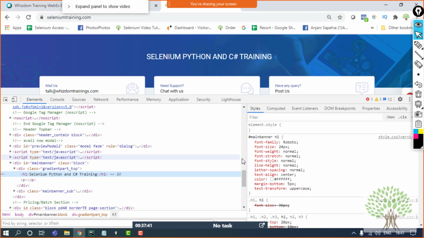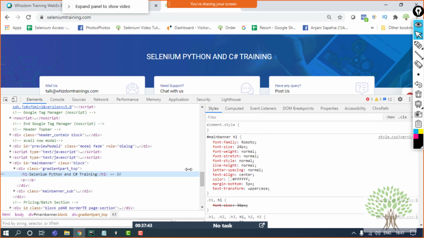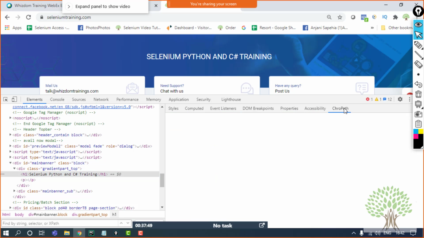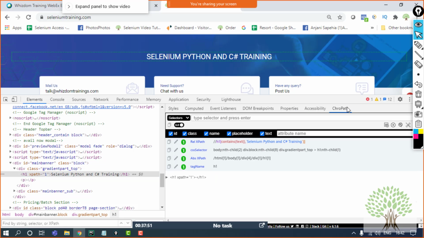Coming to the tool which Chrome has for this particular role, it is the ChroPath tool. Now this ChroPath tool is very useful because along with the XPath, it gives you every piece of information, like what is the tag name of that particular element, what is the class, ID, name. It individually informs you of every single thing.